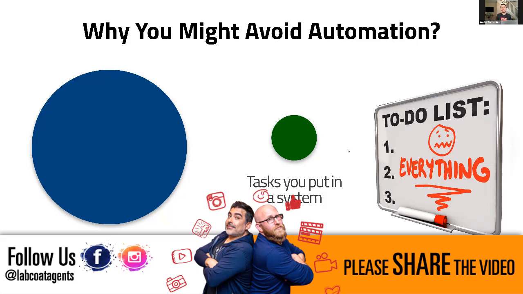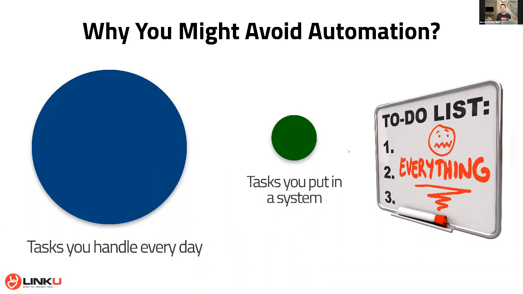Sometimes when you try to use automation, you almost try to automate too much, trying to get out of doing everything. When you do that, it goes wrong, and then you back out and say, okay, cancel that, I'm going to just go back to the way I was doing it. That's because you tried to automate everything, which isn't really realistic. And then sometimes you just feel like it can't be done any other way unless you do it yourself, which ends up putting it back on your to-do list.